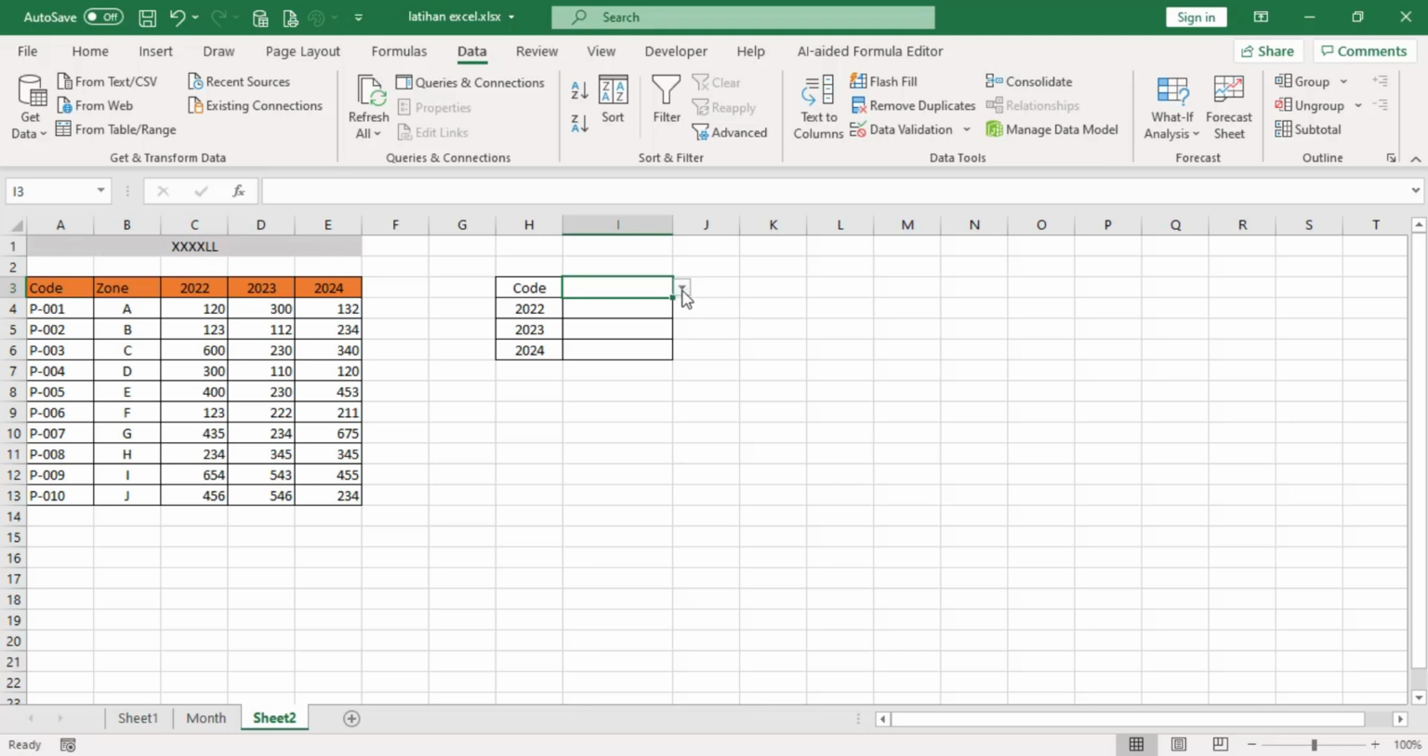Next, when we choose this code, for example P001, then in 2022 the number that will appear is 120. Then P001 in 2023 will show 300, and so on. How to do it? We use the formula, the INDEX function and